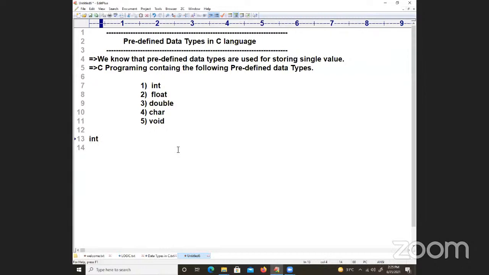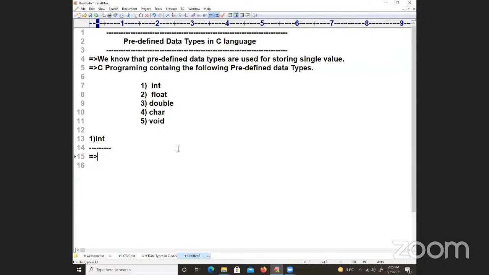I will explain what exactly the int data type is. Under the int, there are a lot of varieties of int. If you want, I will show you one small diagram which I prepared for showing the entire thing, after explaining this int. Okay, let us look at that. I will give the clarity on it.